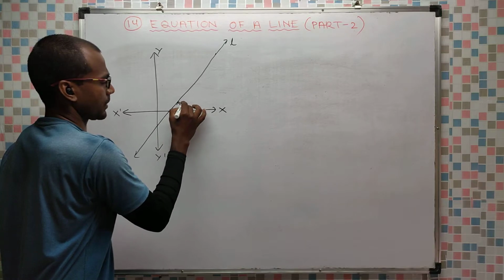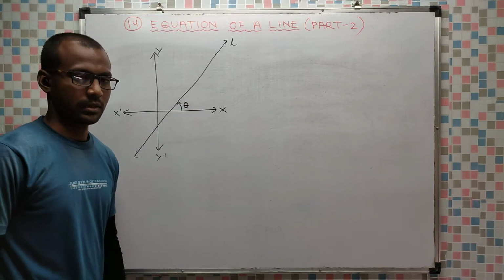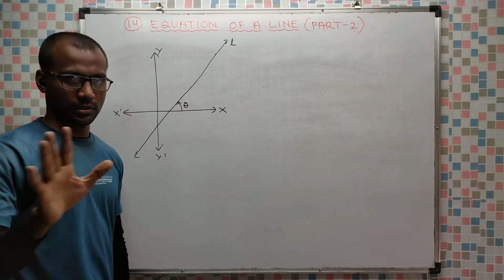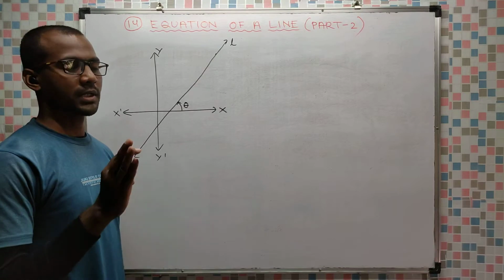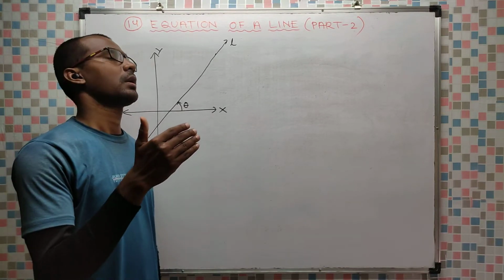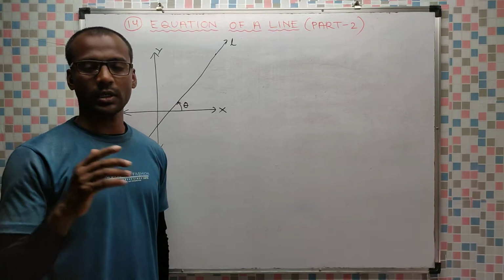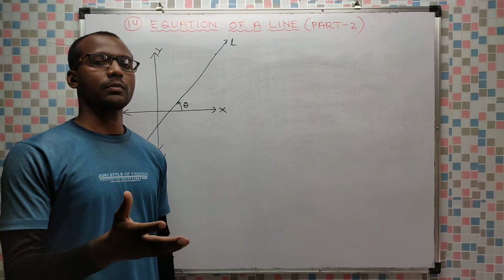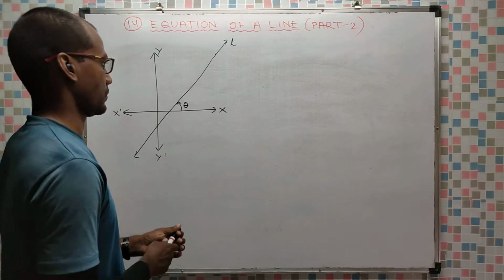This is the angle of inclination theta, but the value of theta is not given to us. If the value of theta is given, then no need of anything else. Directly put tan theta. If theta is a standard angle, then you have already remembered the values: 0 degree, 30 degree, 45 degree, 60 degree, 90 degree. If not a standard angle, then you can refer to your book, or a trigonometric table will be provided to you. If theta is given, fine, but if theta is not given, what to do?